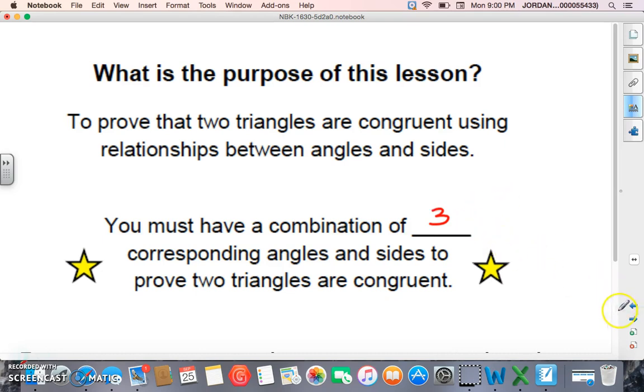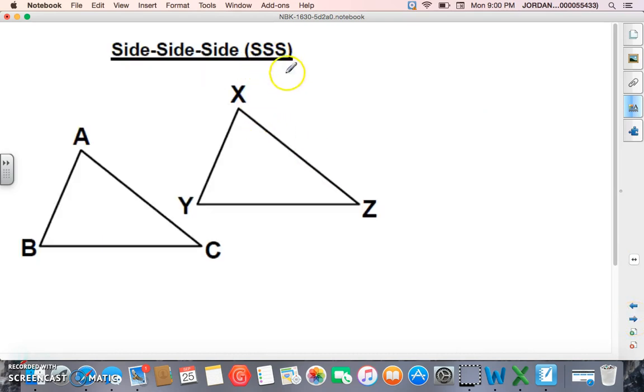Now we're going to talk about a couple right here in this video, and then we'll do a different video on the rest of them. But just talk about two today. First one is side, side, side. So basically what this means is all three sides we know are congruent to all three sides of the other